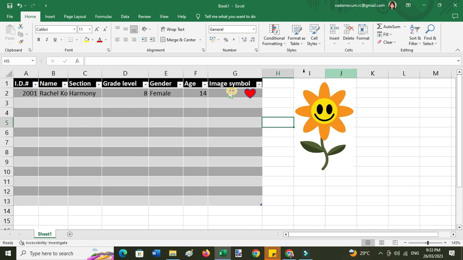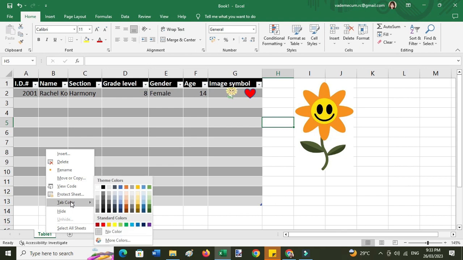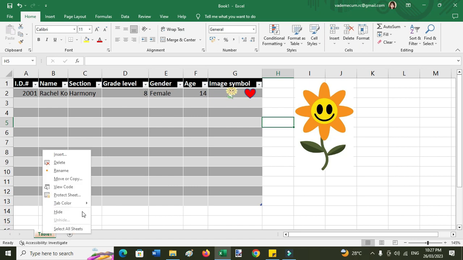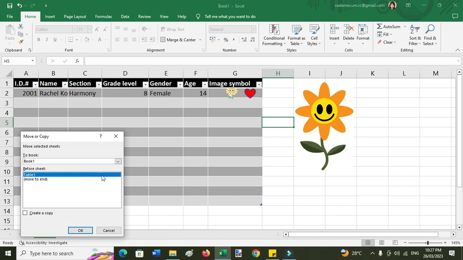To rename the sheet, just click here on Sheet 1, right click, Rename. For example, this is Table 1. Just press Enter on your keyboard, and then change the tab color. You right click and then Tab Color, you choose your color. Okay, for example, that one. To create another sheet, just simply right click this Table 1, then Move or Copy,